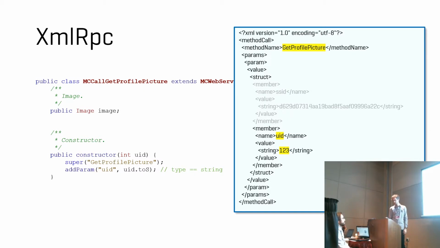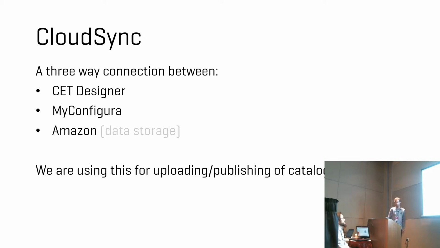So we have a thing called Cloud Sync, which is handling part of our Amazon integration. In your extension, you can put extension files on Amazon for your users to share between them, or upload, let's say, stats from your extension. And this is managed through these 3 layers. So we use my Configura to keep track of what files we have uploaded to Amazon and to access them and to get the,